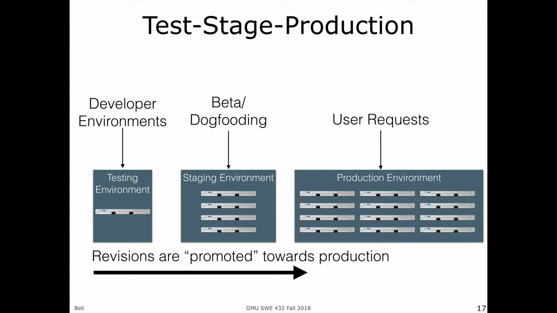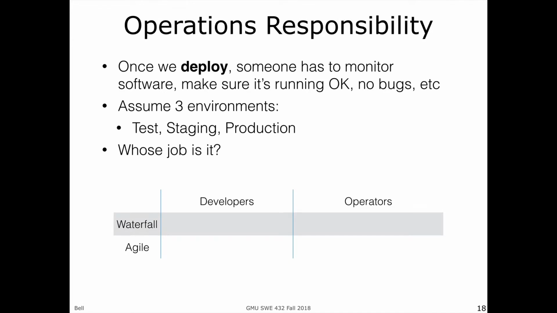So whose job is it to decide that these changes can get promoted, that it worked in my testing environment, so now it can go into staging, and then maybe it worked in staging and it goes into production? Someone has to be monitoring this. So maybe a technical term here would be operational responsibility. When we deploy things, we need to have someone whose job it is to monitor it, to make sure it's working okay, to make sure there are no bugs and so on and so forth, between these three environments: